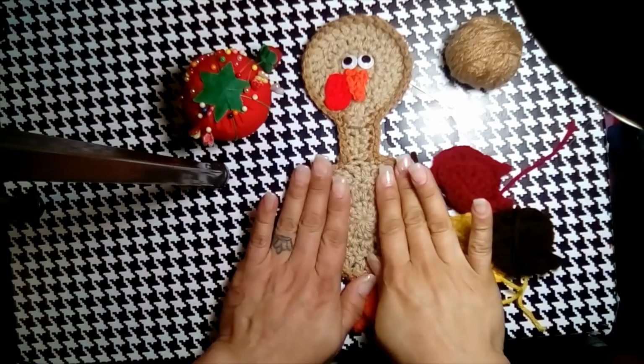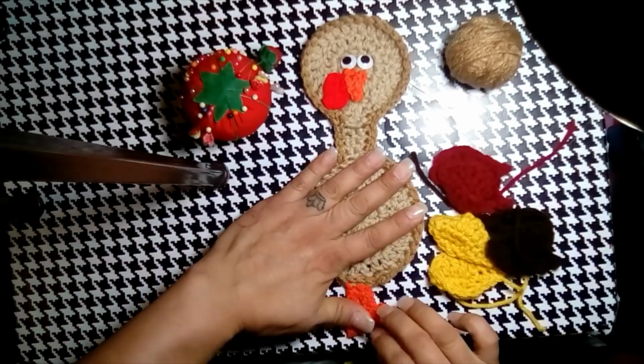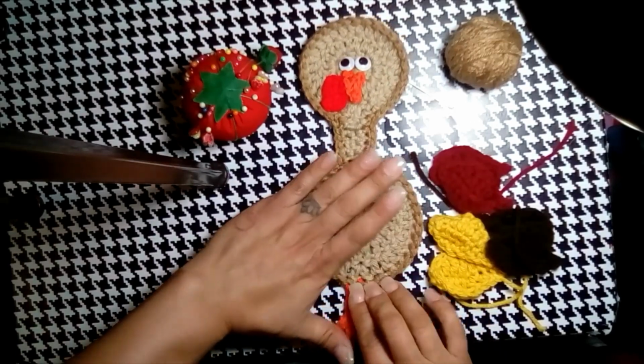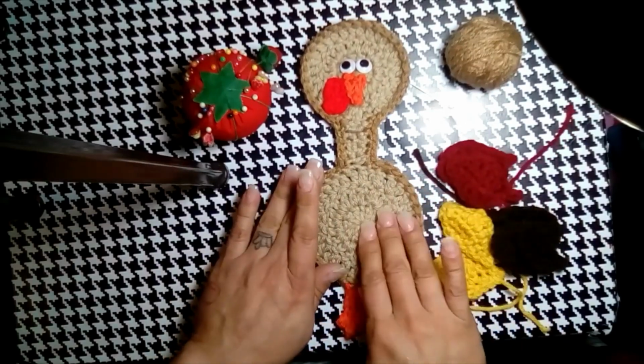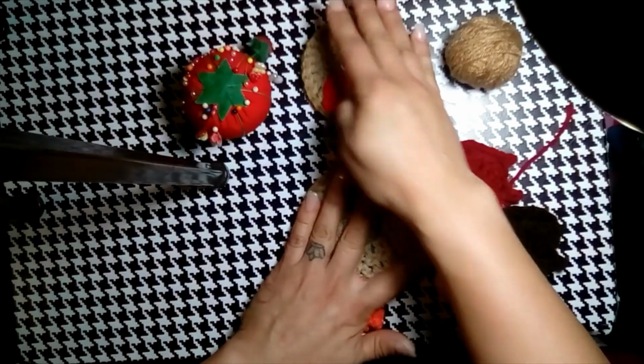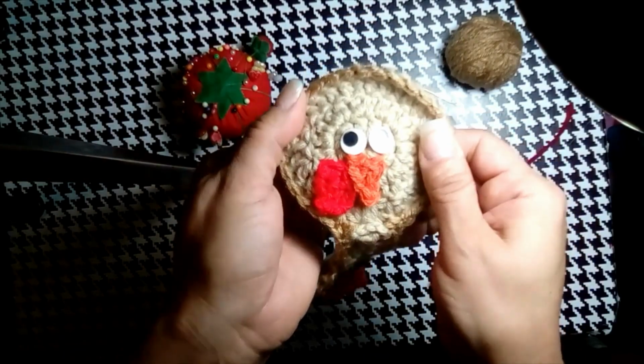Alright, so I've done my outer outline, and I apologize, earlier in the video I said leaf, so we didn't have to do an outer stitch on the leaves. I meant feathers. I apologize for that. So what I did is I went ahead and glued the eyes on, and